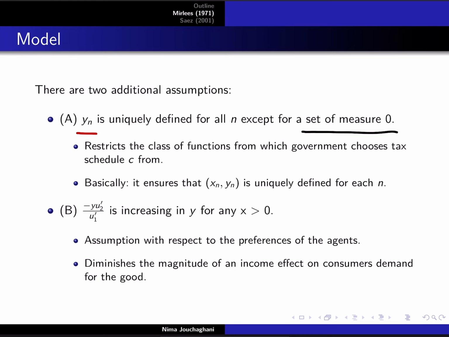So at least to the best of my knowledge, this assumption is diminishing the magnitude of an income effect on consumers' demand for the good. So basically, it's making leisure also a normal good, a good such that the demand for it is decreasing if the price for it is increasing. Yeah, so it's kind of making sure that later, when the author is doing all those first order conditions